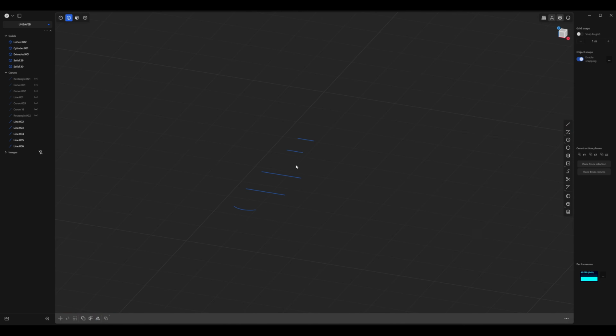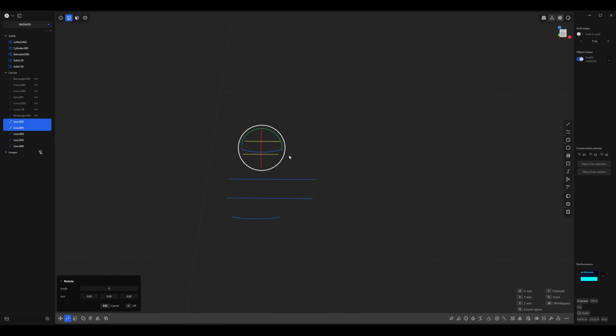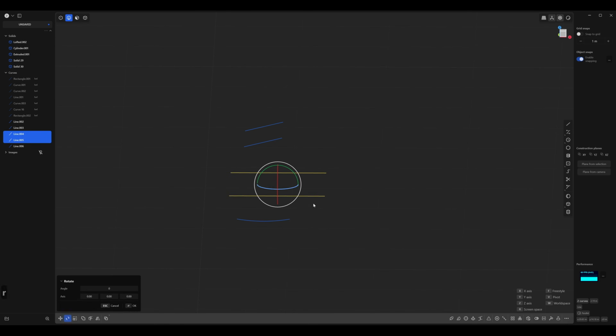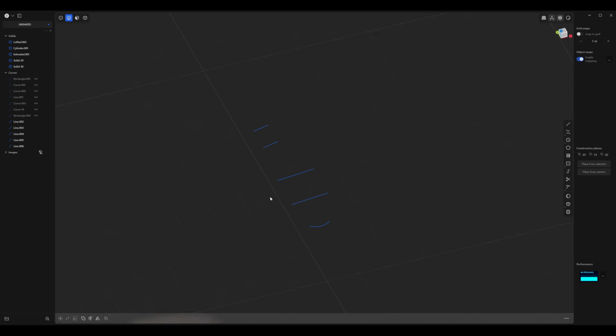Okay, so now if you were to loft this, you would just get this straight blade. But there's actually some curvature that we need to address. So let's go ahead and select these 2 edges here and press R. And then we're going to rotate them on the y-axis around 15 degrees. Next, we're going to select these 2 edges over here, press R, and rotate them 6 degrees. Great. So now let's see what we have here.